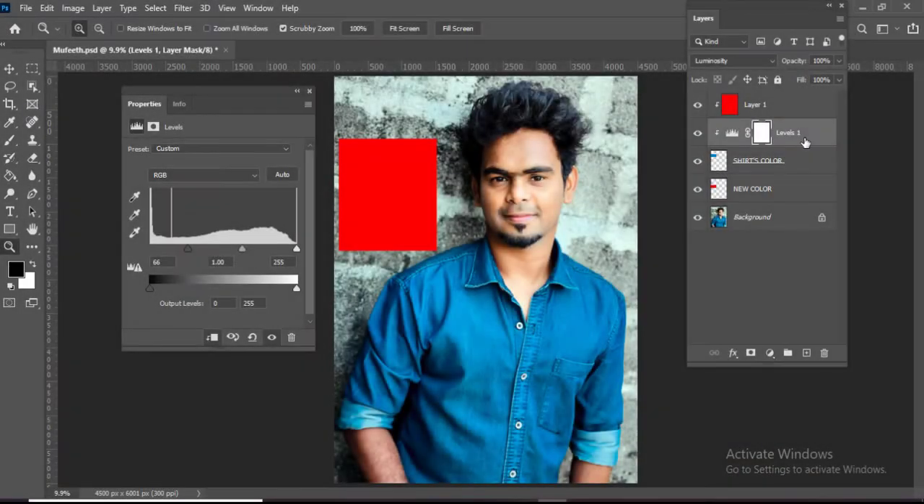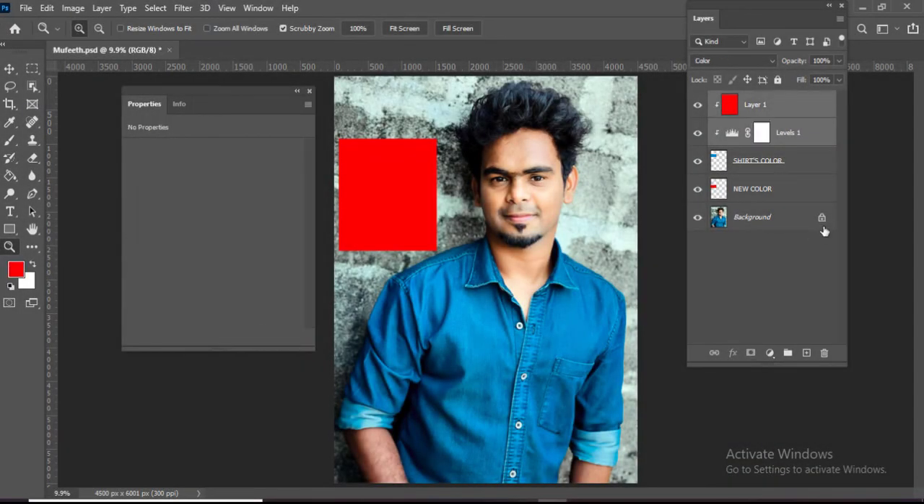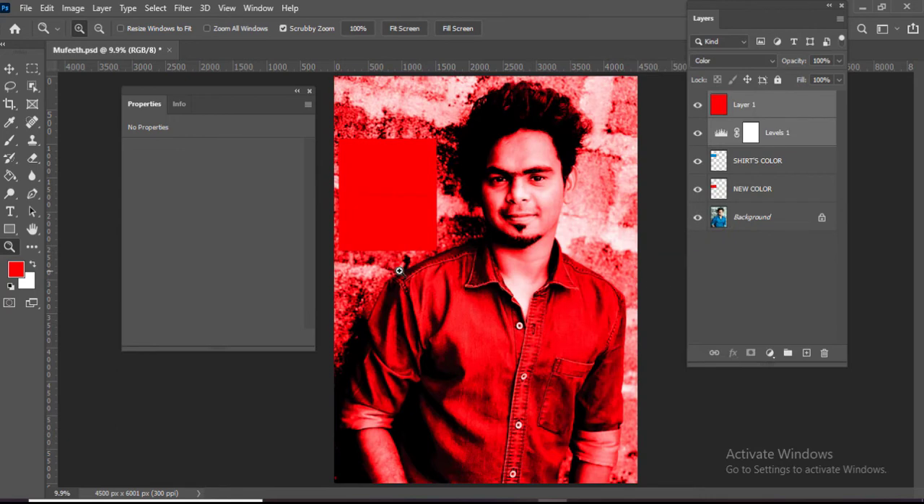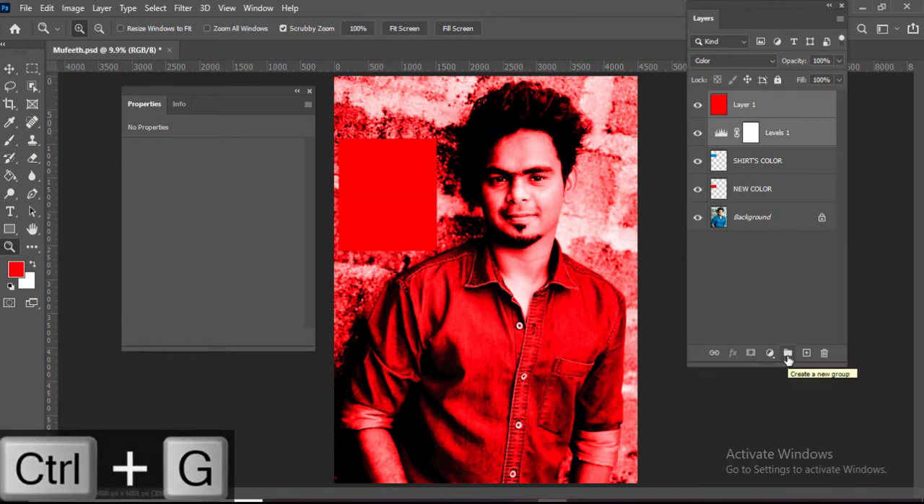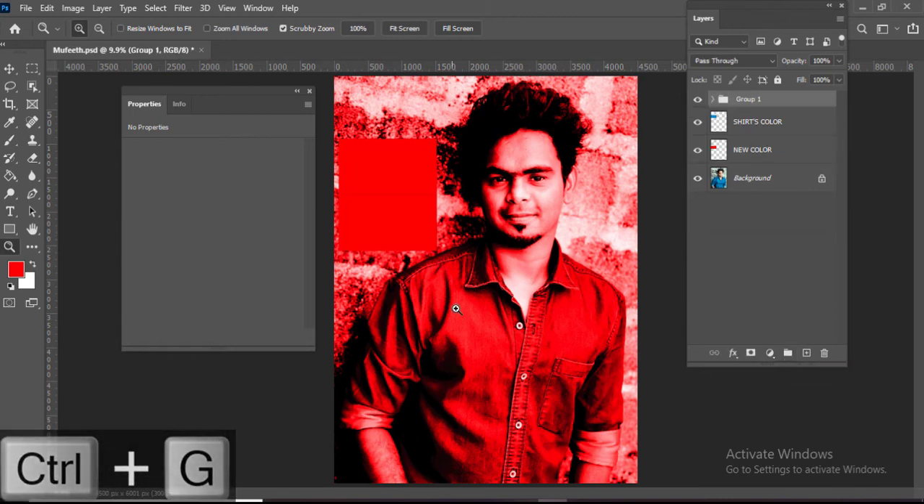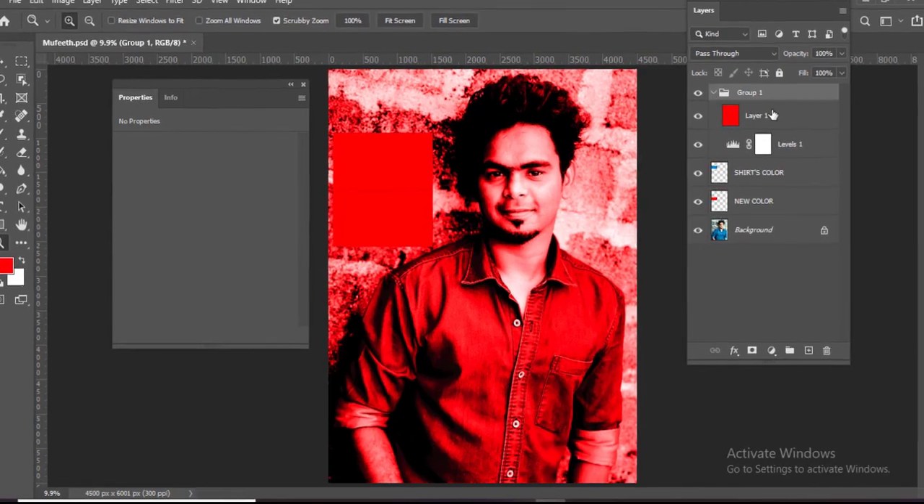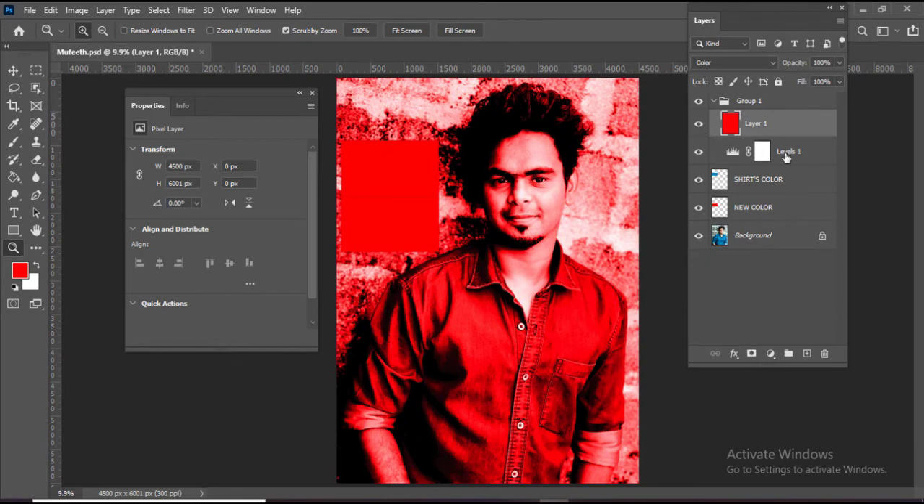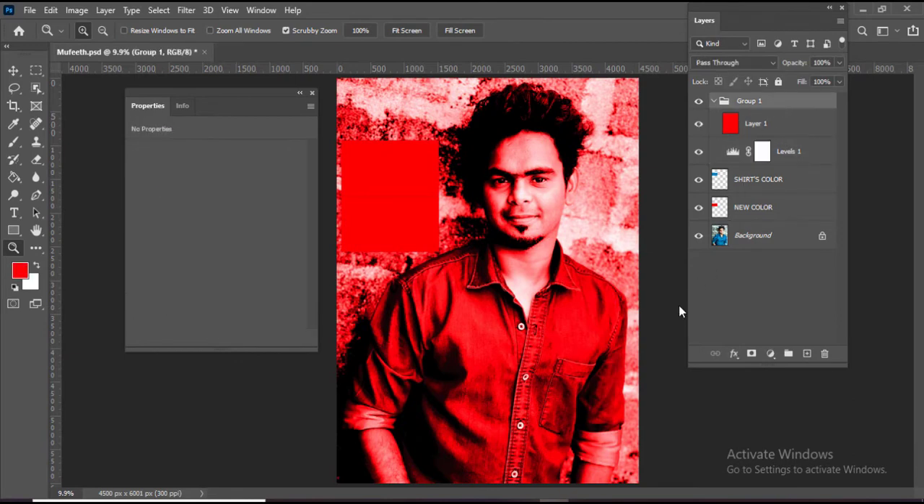Holding the Control key, select both these two layers. Now, right-click on these layers and select Release Clipping Mask. Let's put these two layers into a group. Click this icon, or press Ctrl and G. Now these two layers are in the group. Why are we grouping these layers? Layer groups also make it easier to work with several layers at once. Disable this layer